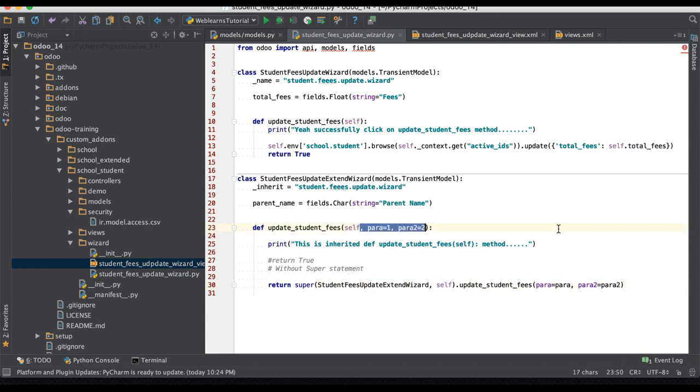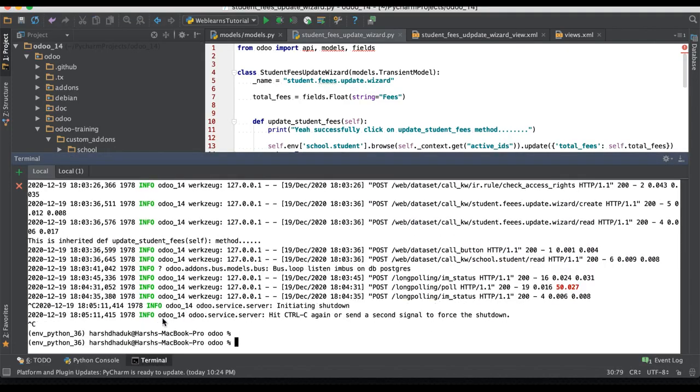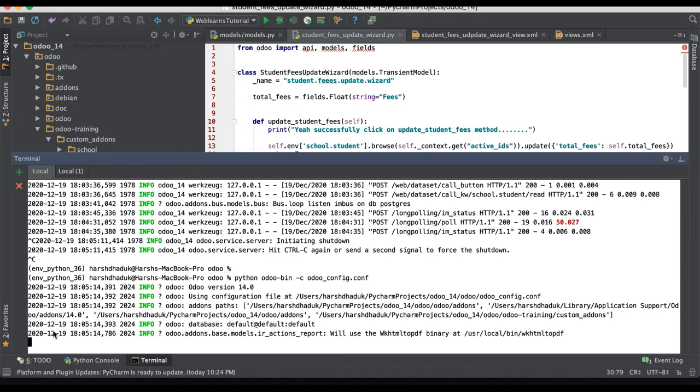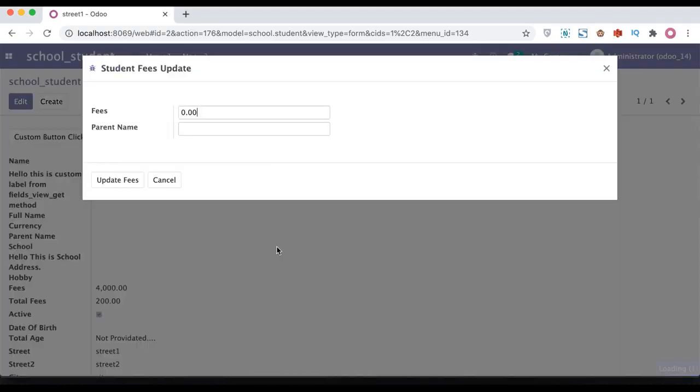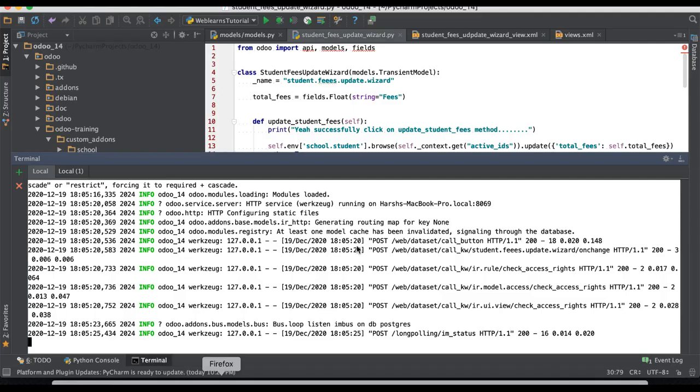So let me remove this here also, and restart the service. Let me open the wizard. Here you can see total fees is 200. Let me add 699, and let me add the parent name here. So the fees automatically update to 699 instead of 200, because it will call the super statement,